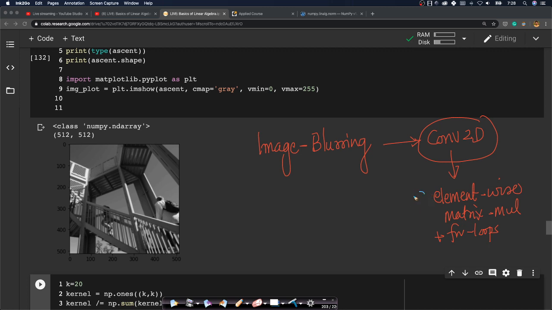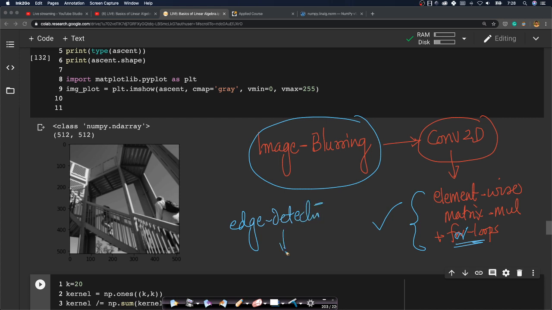If you think about it at its core, it's simply matrix multiplication with a bunch of for loops. So most of mathematics that you learn, most image processing algorithms, or at least a good number of them, if not all of them. Similarly, if I want all the edges in this image, which is called edge detectors,